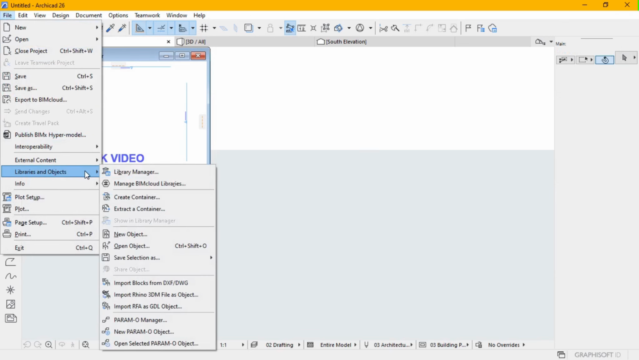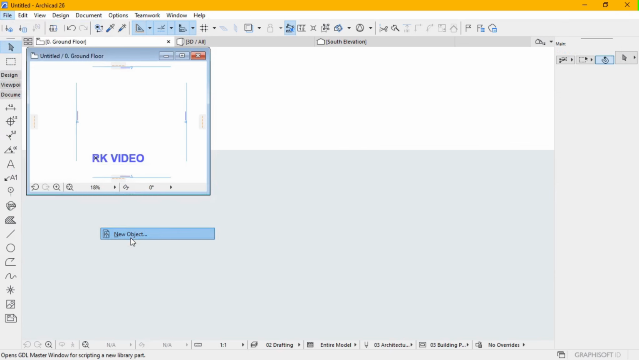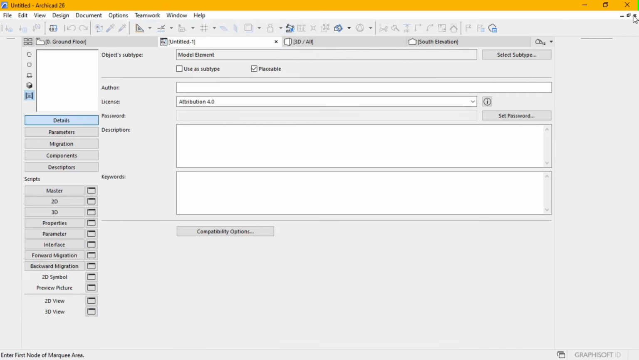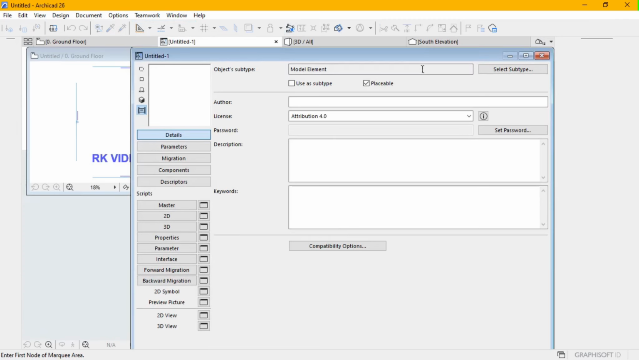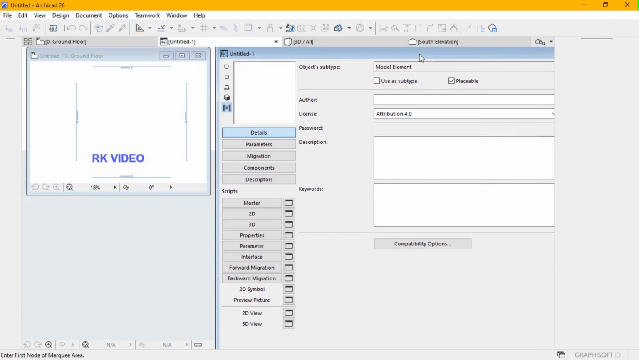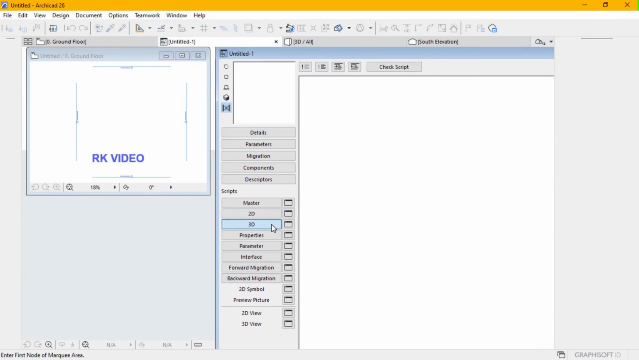File, library and object, and here put new object. We can do it from two ways. First of all, directly file save as in GDL format, or also go to file and library and object and new object. Here you can see that, and here also